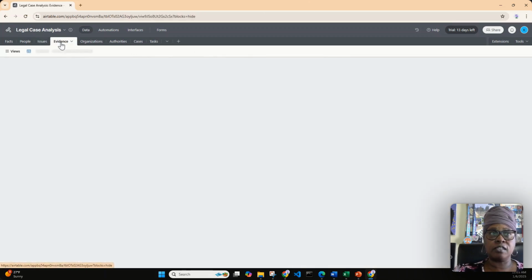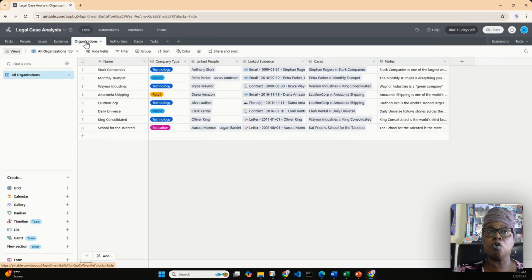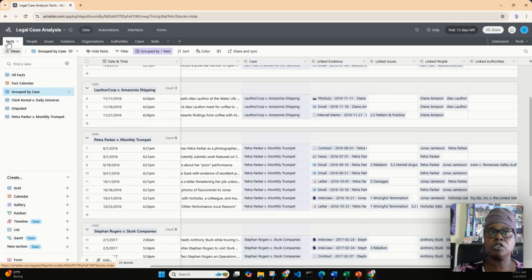We have evidence, and I'm going to come back to evidence. We have organizations. So within Airtable, you can link a different table to the main one,